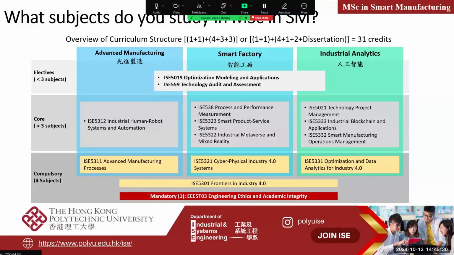So you have a lot of the experience to see their views and their visions about this industry. And also we have three compulsory courses in different categories. For example, this course, the Cyber-Physical Industry 4.0, it will be taught by me. In this course, we will teach you how to build a cyber-physical system. For example, in this classroom, how we can build a virtual classroom in the computer. So this is what we teach.